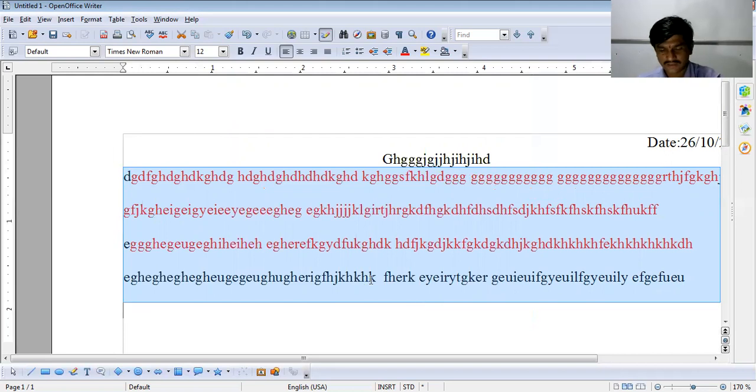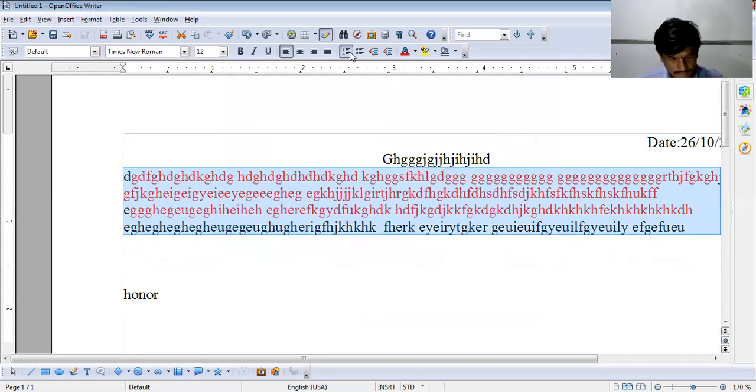Now next you will use indent. What is meant by indentation? Next point we will see what indentation is. But here check some shortcut keys on the keyboard: single line spacing Ctrl+1, double Ctrl+2, and 1.5 Ctrl+5. I will show you that also.